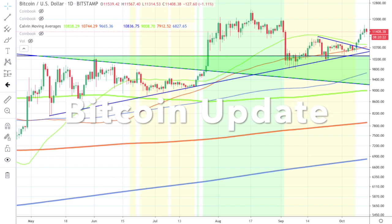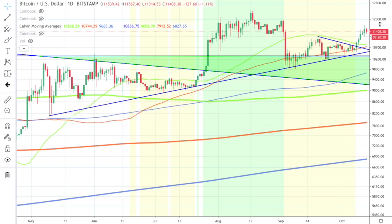So, Bitcoin, I said we'd probably find a little bit of trouble at 11,500 a couple of days ago. We are definitely outside of this declining resistance, though. So there are some positive things going on in this chart. But